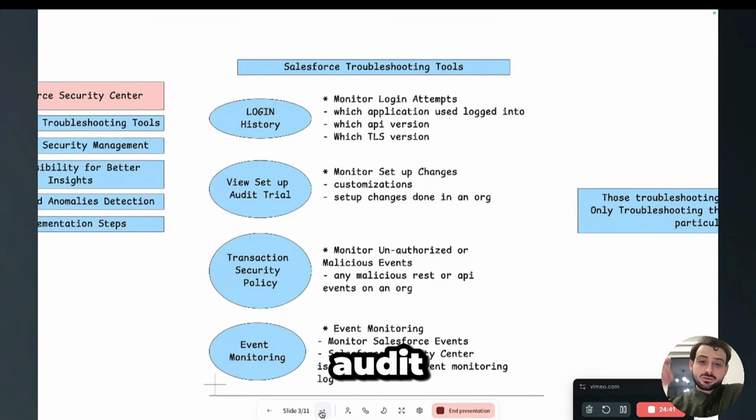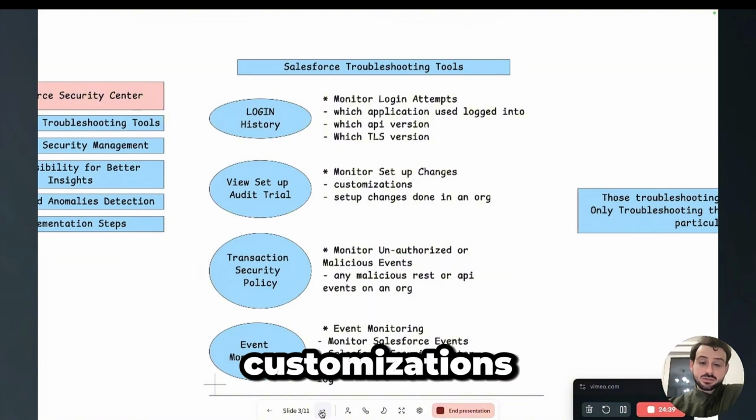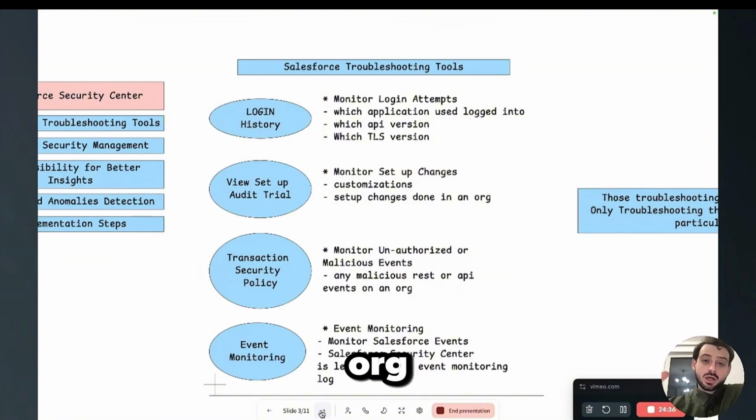View Setup Audit Trail monitors setup changes and customizations done in an org. Then transaction security policies monitor unauthorized or malicious events, any malicious REST or API events on an org. You may consider whether you have any transaction security policy set for your org. You can go to Setup and check those transaction policies if you have any. Then event monitoring, which I think was recently enabled from the Salesforce side: you can go to Setup and type Event Monitoring Dashboard,